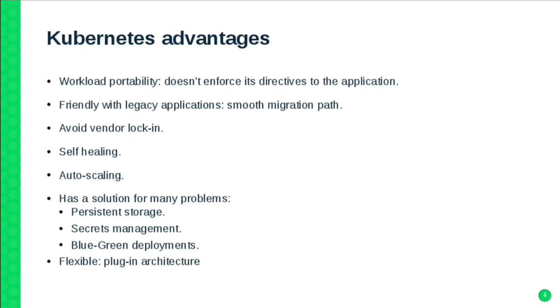Once you have Kubernetes deployed, you stop worrying about your infrastructure, the machines, and you focus on the application. That's because Kubernetes, for example, takes care of healing. So if your application is not working properly because there was some incident in production, then Kubernetes will try to restart the application somewhere else and make sure that you always have your application up and running with the directives that you imposed. You can even reach some sort of autonomous systems where you automatically scale your application depending on the load that it has.